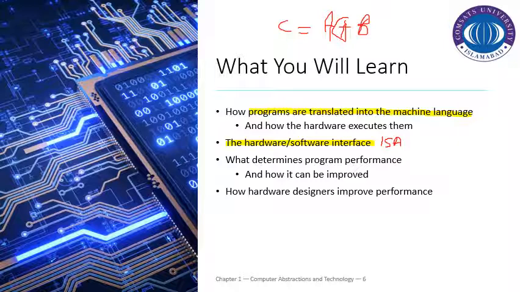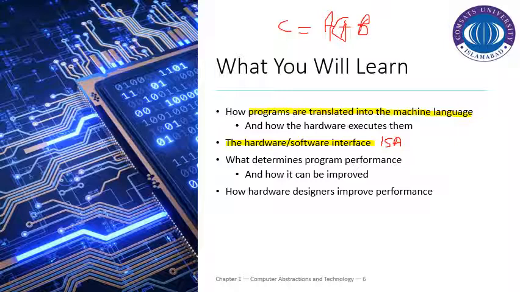And the third thing which we will be discussing is basically how to determine the program performance and what are the metrics that are used to determine the performance. Can the cost element be used to determine the performance, can the reliability element be used, can the power consumption of two systems or a particular system for a particular application be used, or can the response time or latency or throughput be used in order to determine the performance. We will be discussing these in detail in this course.